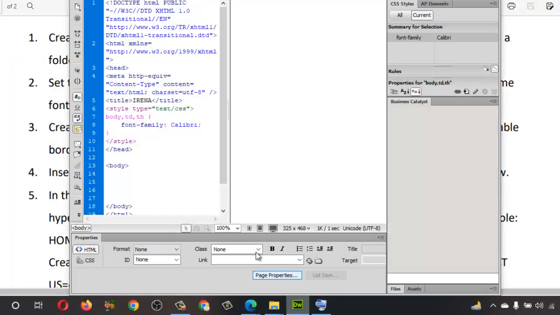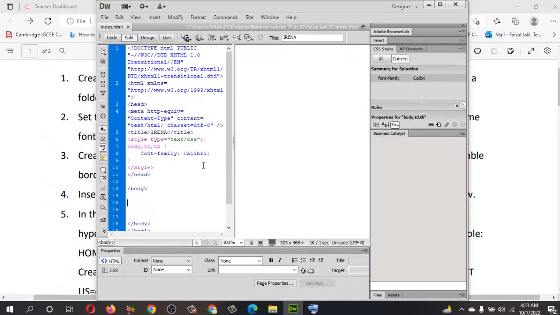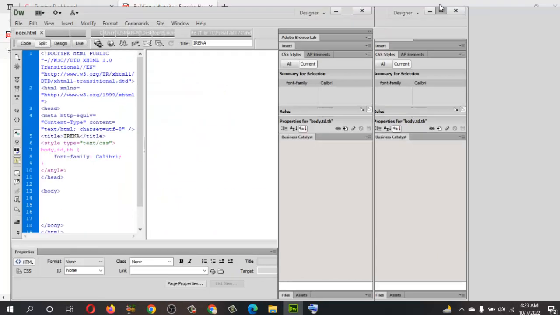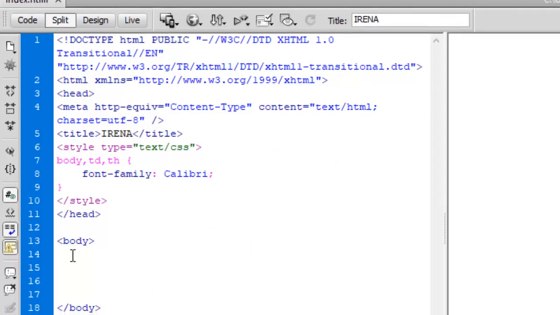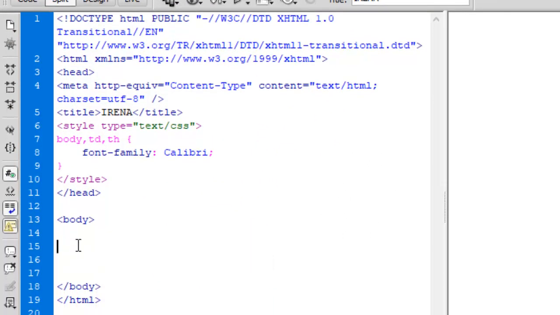Now where is insert? So here it is. Maximize it. In the body you need to click here, and then after that let's go for the table. In the insert tab, I want to insert a table, so just click on the insert tab at the top here. Insert,